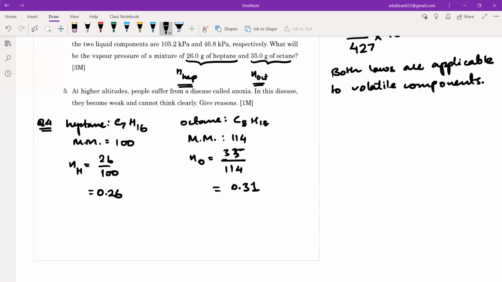ठीक है, 30 से भी काम चल जाएगा, बहुत ज्यादा गलती नहीं है इसमें। सो नाउ वी विल कैलकुलेट द मोल फ्रैक्शन of heptane, which will be equal to 0.26 divided by 0.26 plus 0.31. This will be equal to 0.26 divided by 0.57, है ना? सही है? Yes or no? Yes, sir. So this will be equal to how much? 0.4546 के करीब आएगा कुछ, 0.5 से कम।